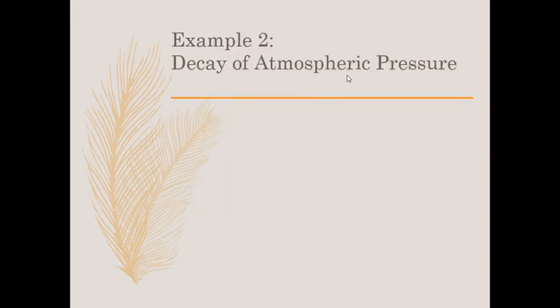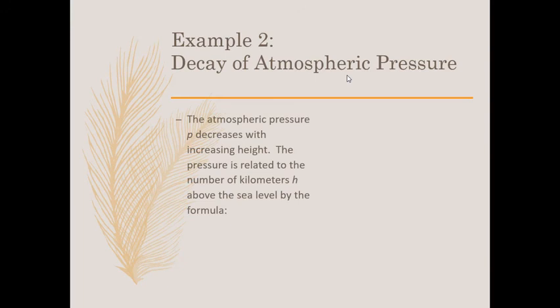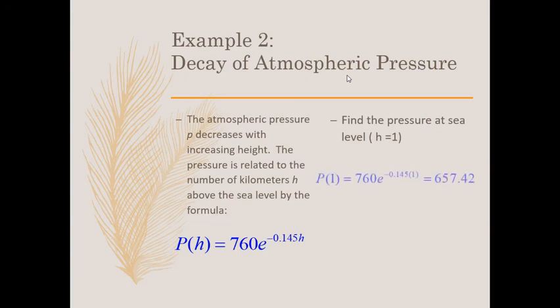All right, example 2, decay of atmospheric pressure. The atmospheric pressure P decreases with increasing height. The pressure is related to the number of kilometers h above sea level by this formula. The pressure by height is equal to 760e^(-0.145h), whatever height you are. So if you want to find the pressure where h is equal to 1, notice that it's 760e^(-0.145 × 1), or you get